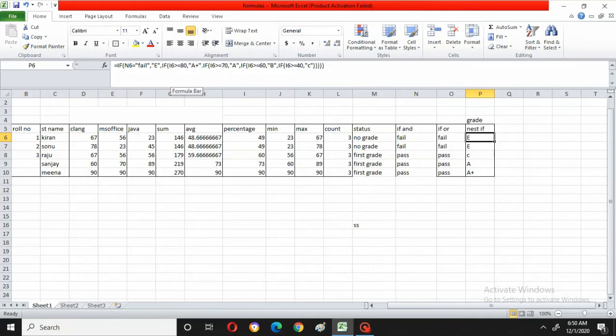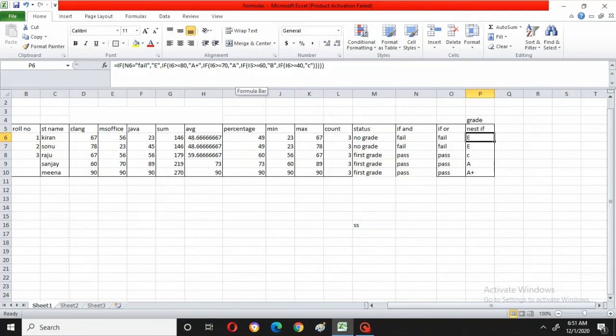Okay, and suppose if it is less than 80, what it has to do? Again that's why I have given one more condition. If I6 is greater than or equal to 70, then it should display A. That means from 70 to 80 it will display A. From 80 to 100 it will display A plus.